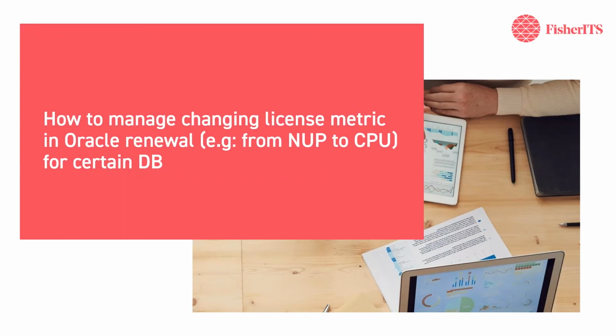So I think when you're going, like in this example, from Named User Plus to CPU licenses, since there is a huge difference in the prices, and there are obviously some minimums for Named User Plus compared to CPU licensing, essentially, you should be prepared to show Oracle that you are certain about what the new usage is going to be. So what are going to be the configurations of the databases, which will be switching from Named User Plus to CPU, to make sure that you have